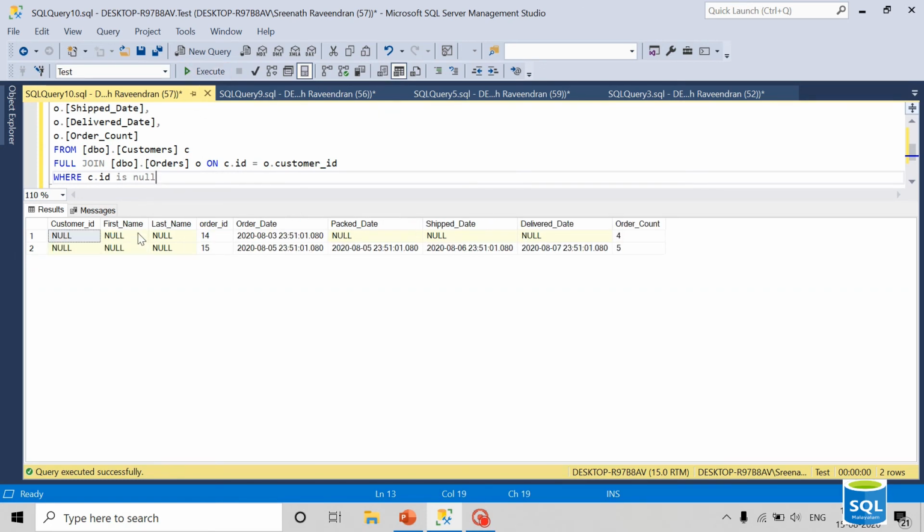See, I got 2 records, order ID 14 and order ID 15. For those 2 records there is no customer details, so that's why these 3 columns are showing as null. So this is all about left join, right join and full join. Thank you.